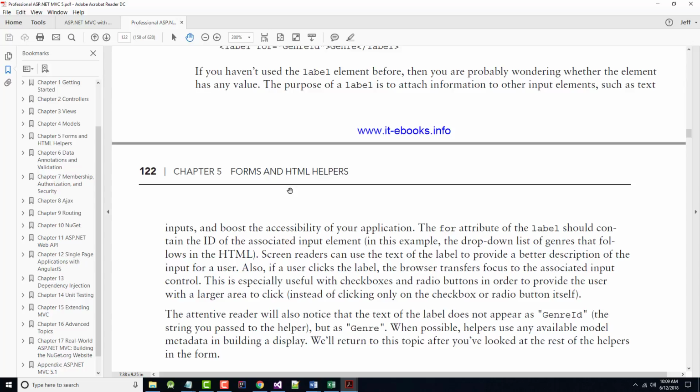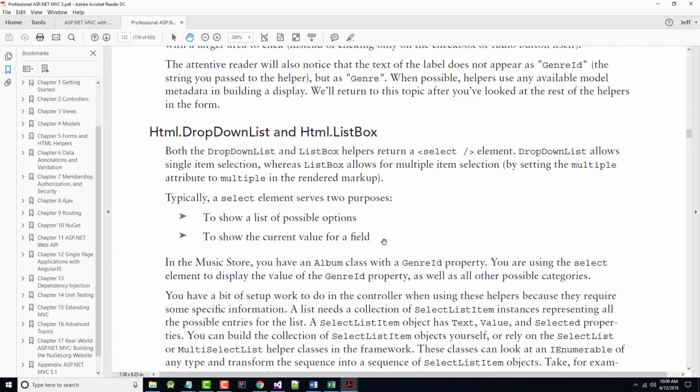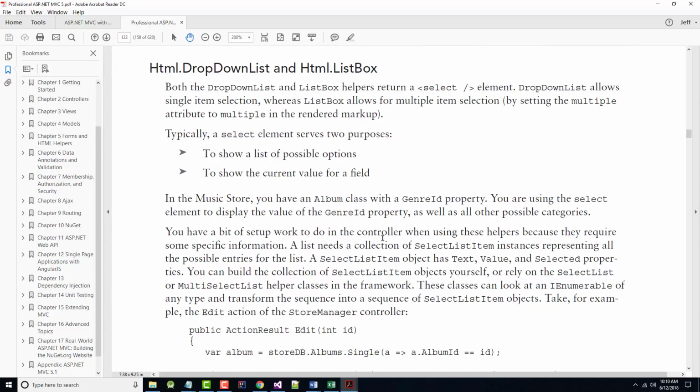Next, as we work our way through here, we've got the drop-down list, HTML.dropdown list, and HTML.listbox. As mentioned here, both the drop-down list and the listbox helpers return a select element. The difference between these technically is really a drop-down list is kind of like a text box with a list